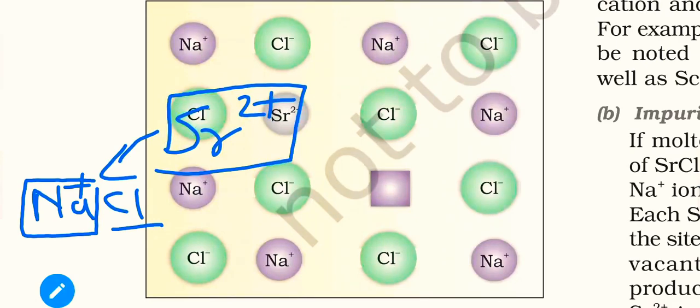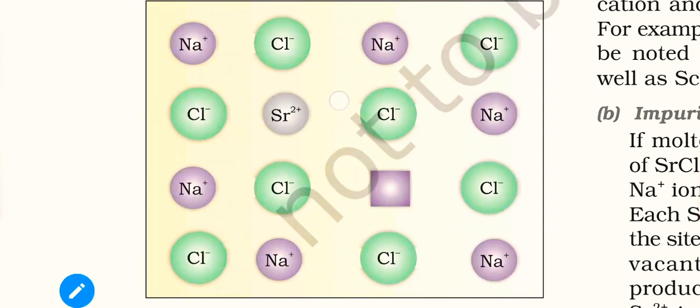That means we have Cl minus as negative ion. If you are going to add plus 2 charge into a plus 1 charge containing compound, then as mentioned earlier we have to keep charges neutral. The compound must be neutral. Total positive and total negative charge must be equal. So to equalize the charge we have to remove comparatively more cations from our actual substance.